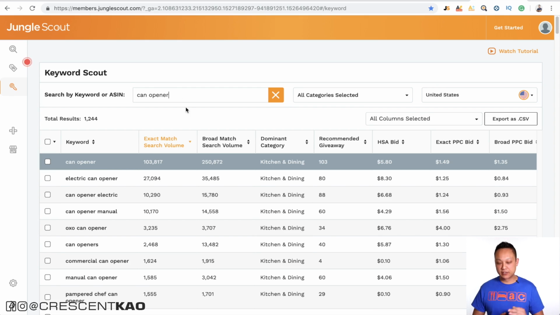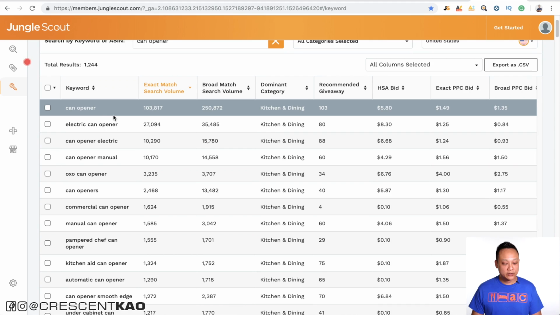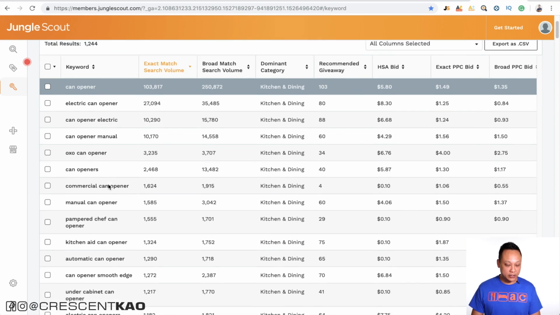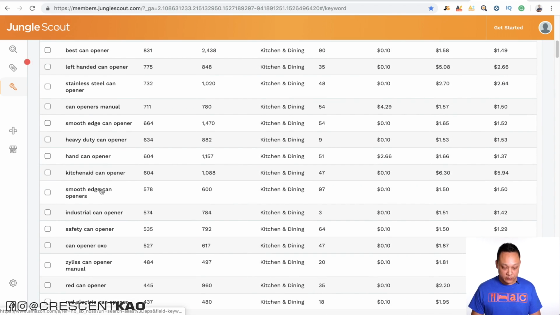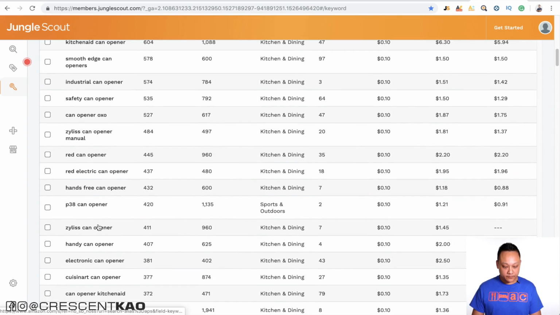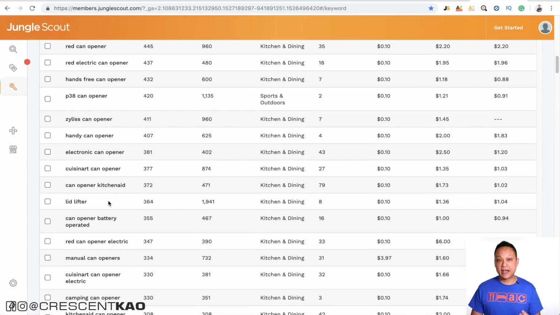Now, what's different about the search results in Keyword Scout is that their keyword algorithm is much more powerful and thorough than the free tools such as Keyword Dominator or keywordtools.io or even Merchant Words. If you take a look, for example, look at how thorough and different the keyword results are here. We have can opener, electric can opener, OXO, commercial can opener. If we keep scrolling down, you'll even see smooth edge can opener, results that don't even have can opener in them. Lid lifter,